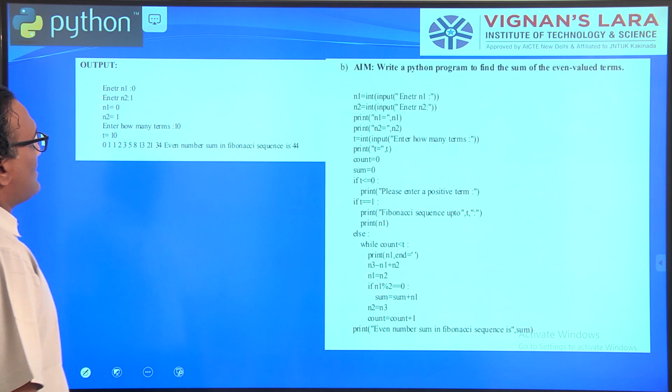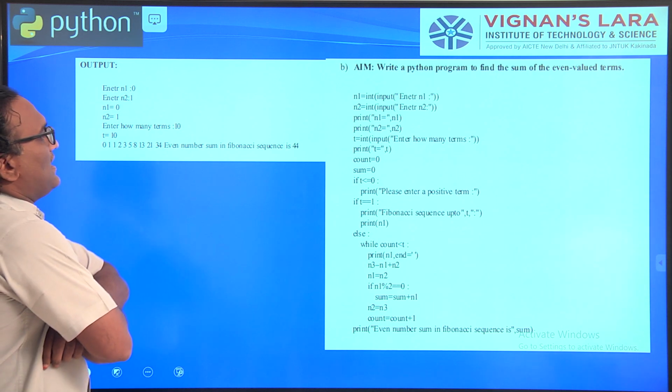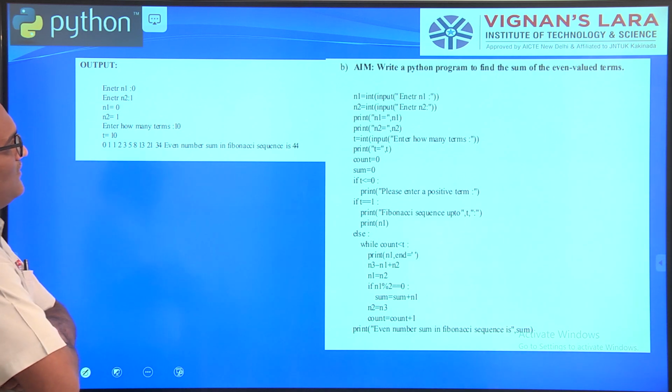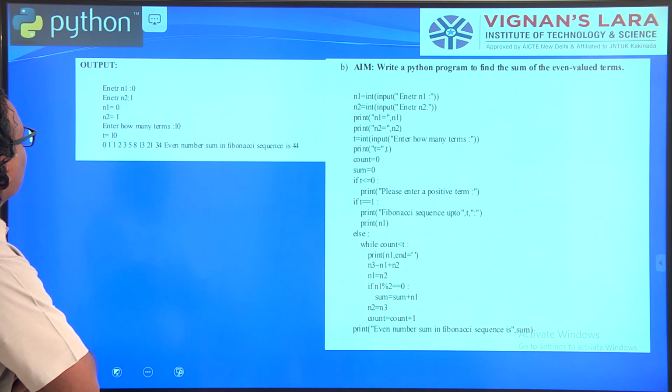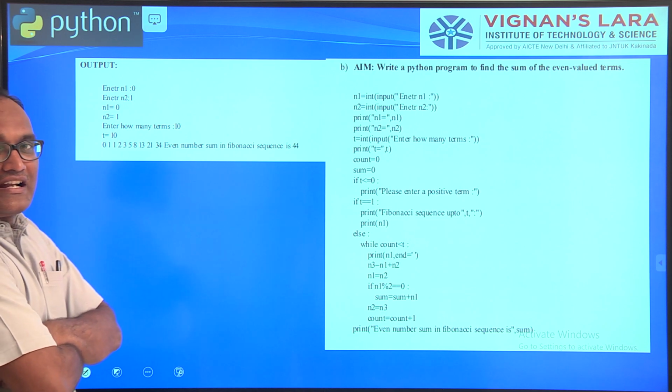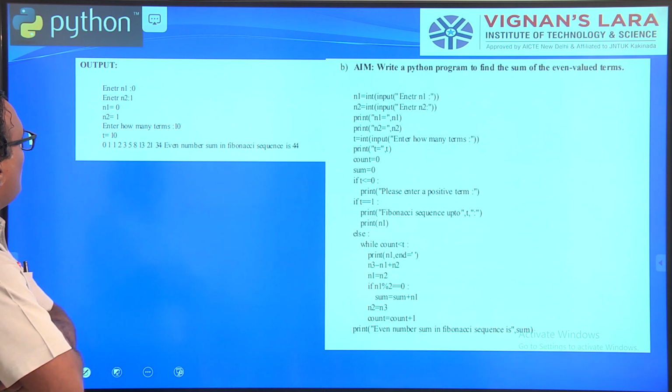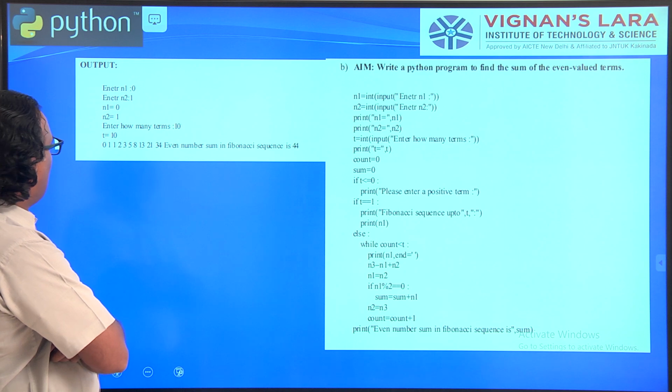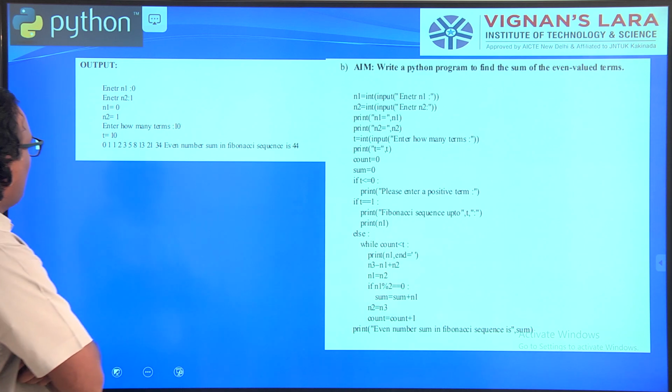Yes, let us look at this code. Write a Python program to find the sum of the even valued terms. I am having n1 is equal to 0, n2 is equal to 1, and enter how many terms: 10. This is your Fibonacci sequence.